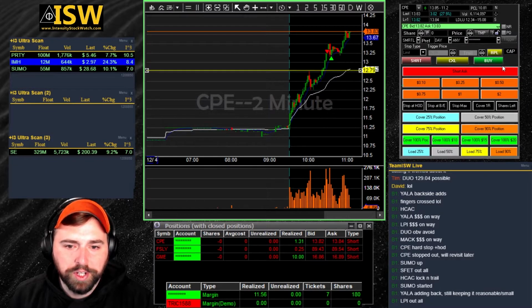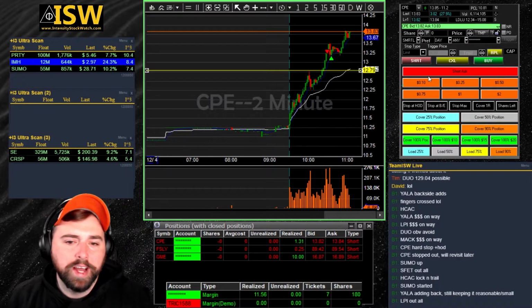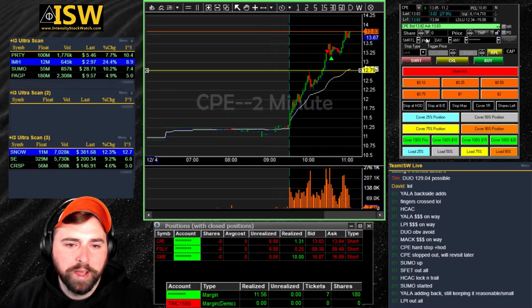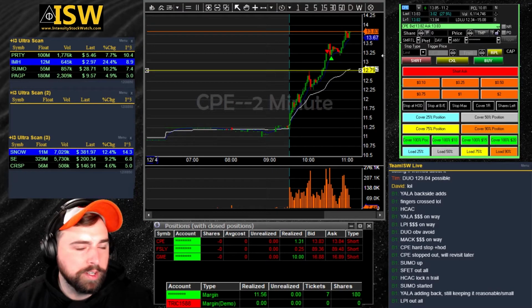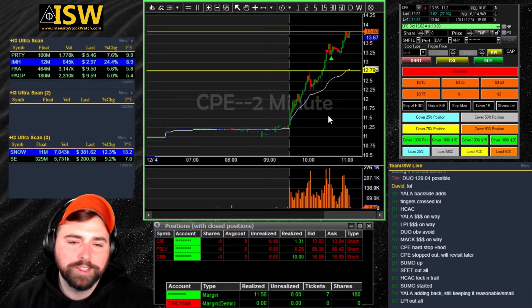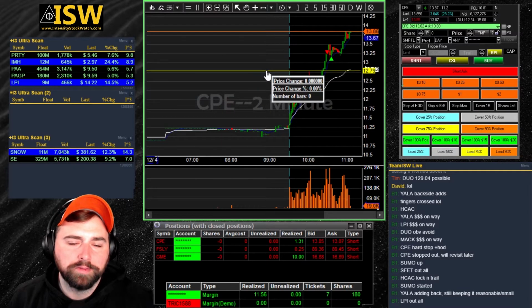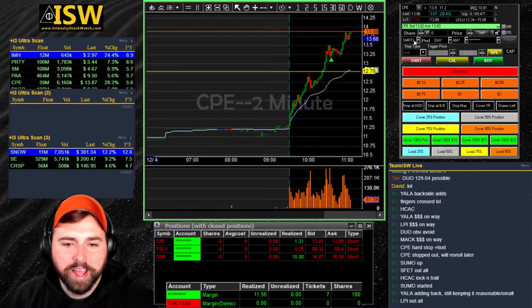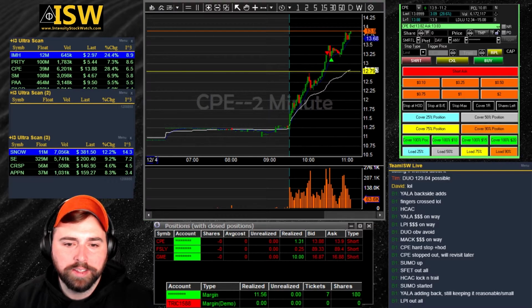I actually loaded shares into the montage, and I just happened to be sitting here with my mouse. Usually you'll see that my montage turns green if I click it, and the chart turns green if you click it. And I just do that a lot. I don't know why, I just click a lot. And I just accidentally, I had loaded the shares, and this is why I typically, every time I change tickers,